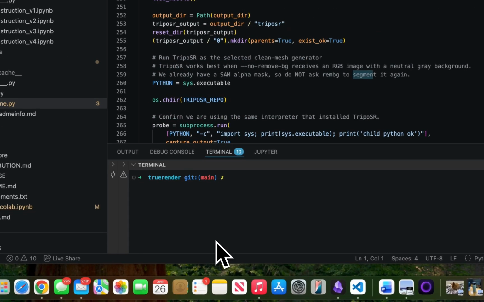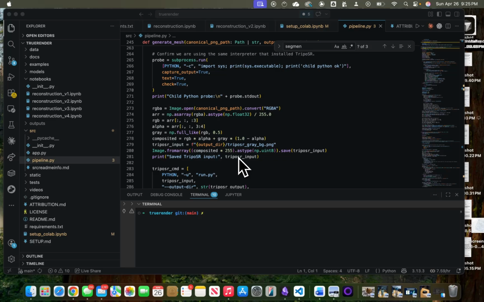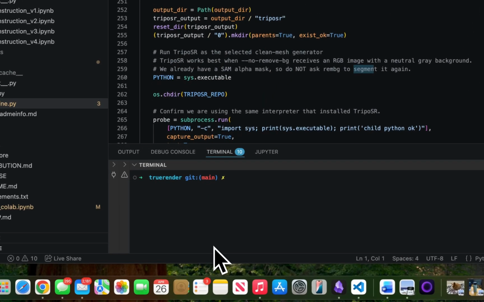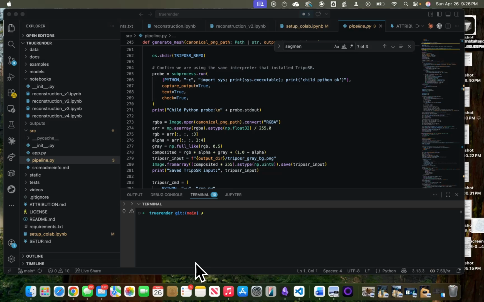Here, this is where mesh generation happens, and the canonical crop is composited onto a neutral gray RGB background in lines right here, because TripoSR expects an RGB input image. So the code then runs TripoSR as a subprocess and sets the marching cubes resolution. This is the generating mesh logic, and essentially the canonical RGBA crop is composited onto a neutral gray RGB background because TripoSR expects an RGB input image. This code then runs TripoSR as a subprocess with